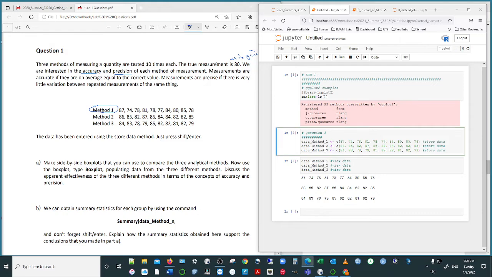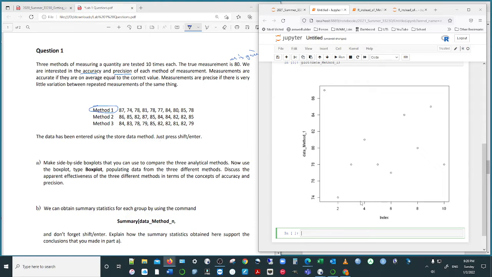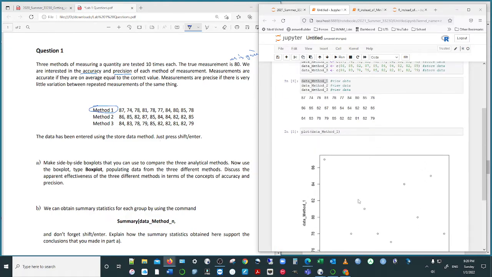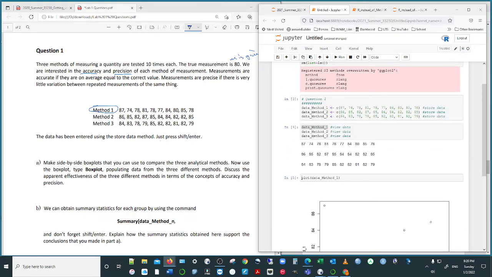Now that doesn't help you much on one level. If I were to take the comet plot and have a look at it, we know that this is not going to show us anything. Okay, but if I grab data method 1 and have a look at the plot of data method 1, we know this is the puzzle of statistics. It's not going to show us much meaningful other than a whole bunch of dots scattered around. Okay, so we need to do our statistical intelligence to make headway, and we know a better way of doing that